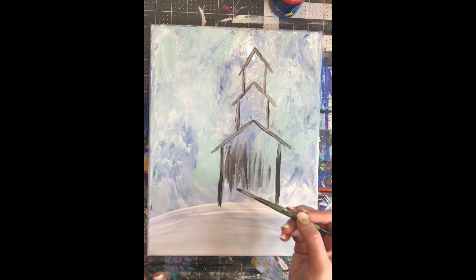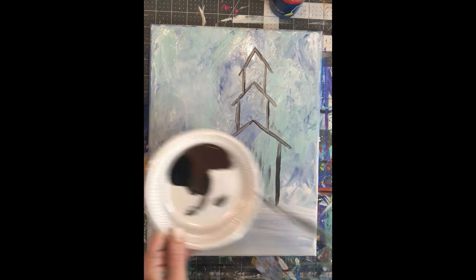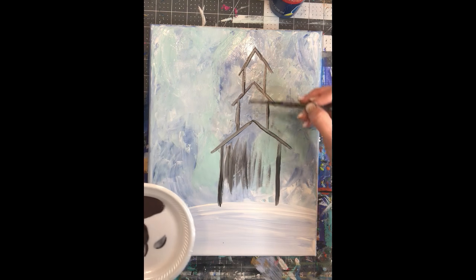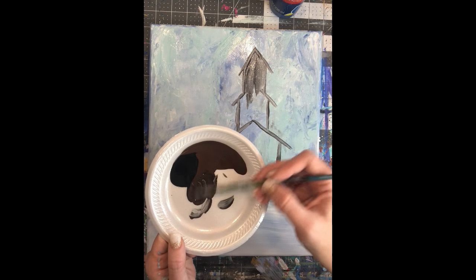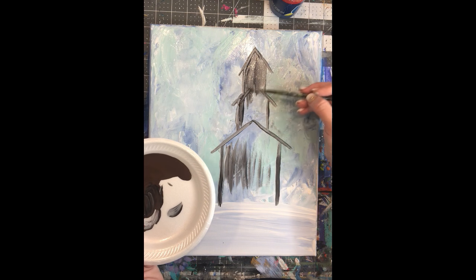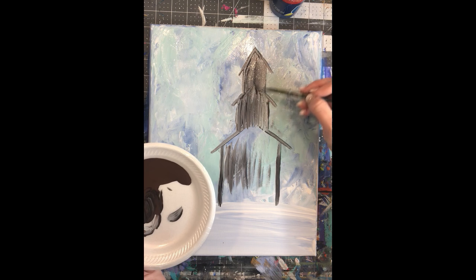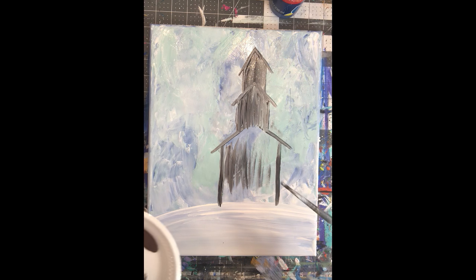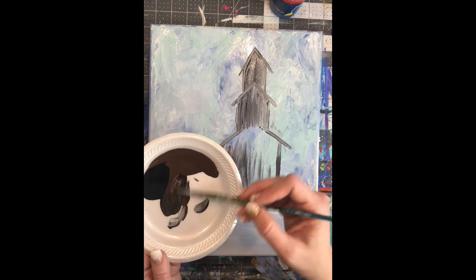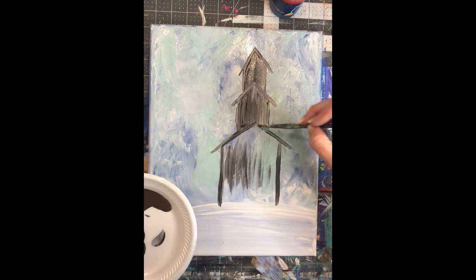I'm just filling in with our burnt umber and combination of black. So just a mixture of these two. And I'm going to go ahead and fill in the entire thing here. I may want to come back and let this dry just a little bit. So you know what we'll do? I'm going to let this dry just a little bit before I go ahead and get it all filled in,